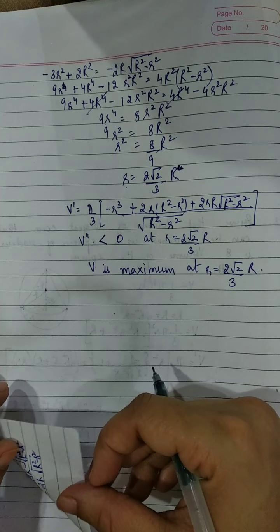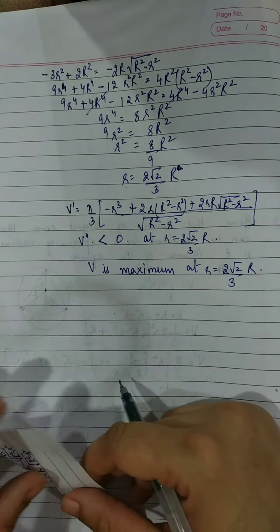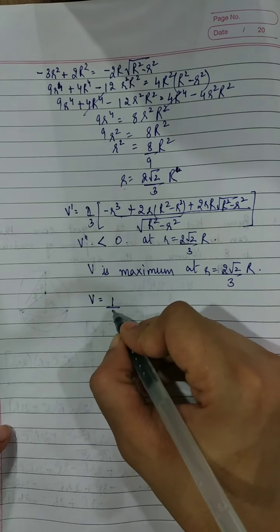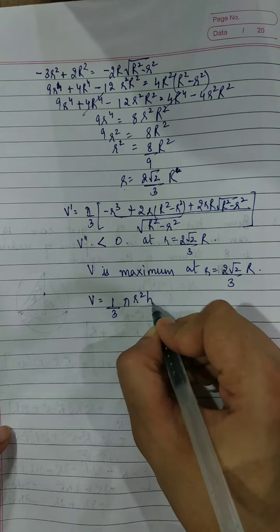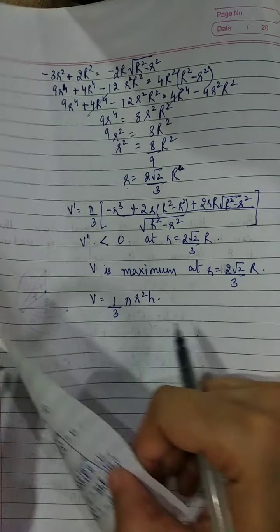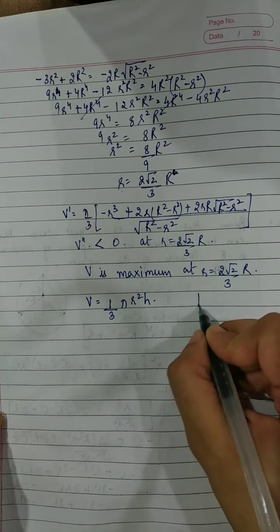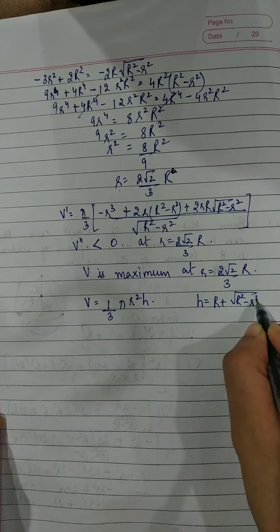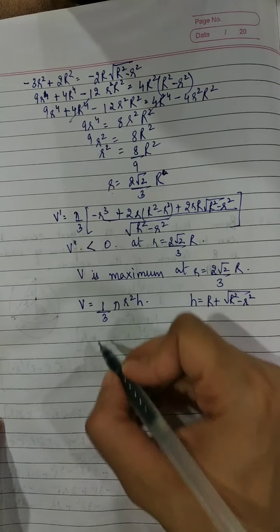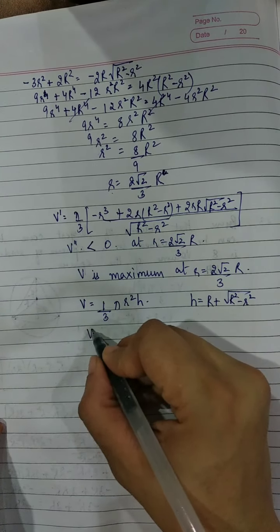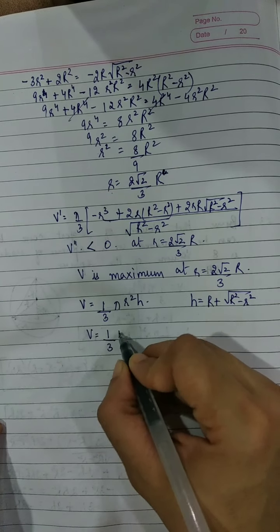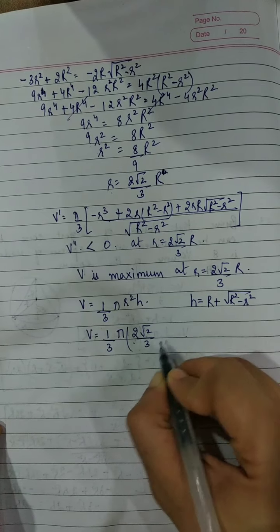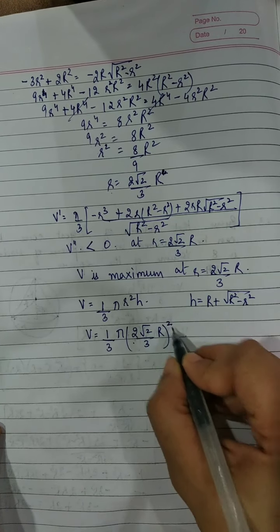And if the volume is maximized, we are going to find out what we were supposed to find out: the volume of the cone, which was 1 by 3 pi r square h, right? And what was h? h was R plus under root of R square minus r square, right? So volume is equal to 1 by 3 pi, r is 2 root 2 upon 3 into R, square, and h